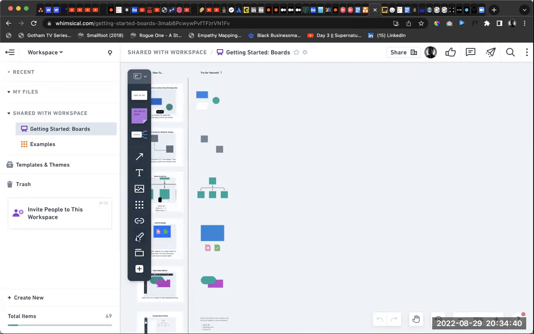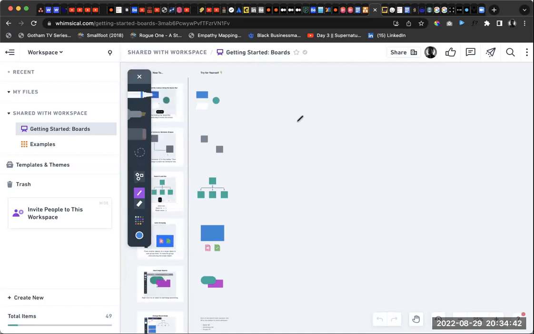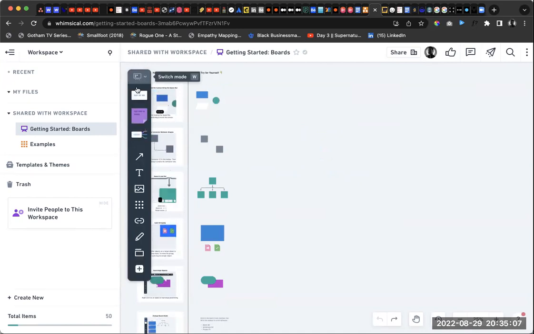Just like we had in FigJam, you can draw. Like I said, it doesn't have to be perfect. The main purpose is that you should illustrate what you're trying to say, what you're trying to show. So it's all depending on what you want to use. You can check them out. They are very easy to learn. You have an eraser, a marker, and yeah, that's basically it for Whimsical.